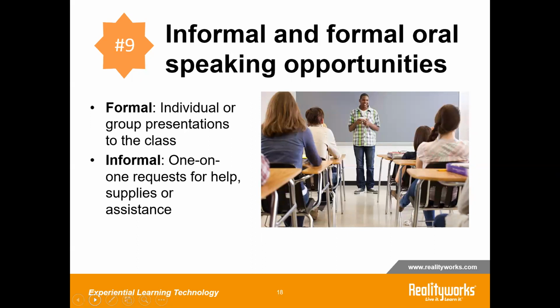Now, you already know that formal oral speaking opportunities, like individual or group presentations, promote a number of those skills, including communication and self-confidence. But those informal oral speaking opportunities can also help build those same skills, and they present themselves all the time. When a student asks you for help, or maybe asks a neighbor to borrow a pen,